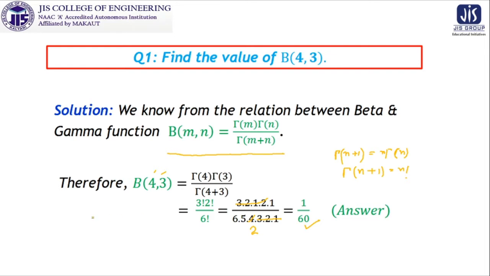Here we have solved a problem of integration, and to be specific, a problem of improper integration, but we have not used the properties or the convergence of improper integration anywhere. We have applied the concept of beta function, the concept of gamma function, and the interrelationship between beta and gamma function, and using them we are solving the problems. So this is the beauty of this particular topic.